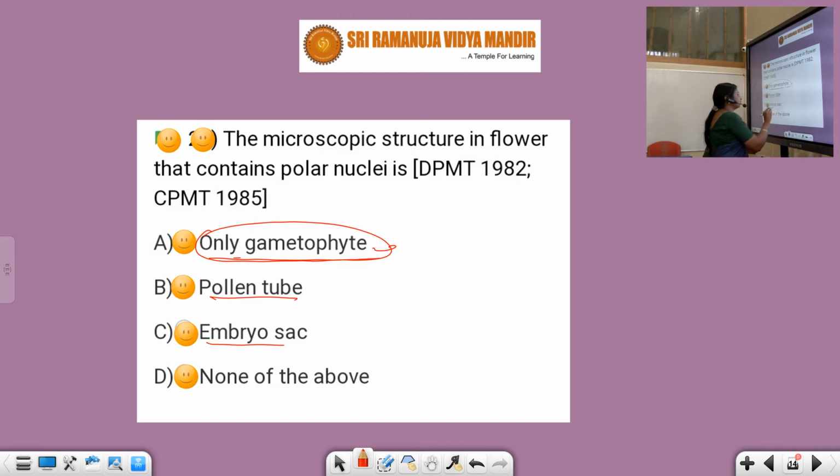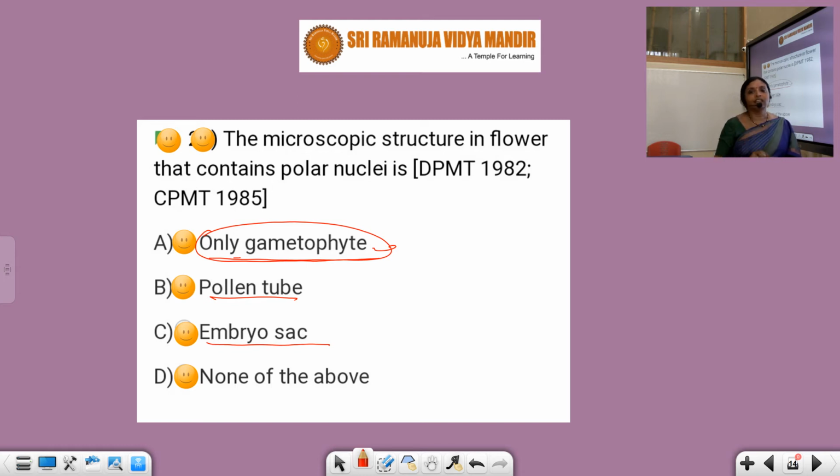Now if we see the structure of a mature embryo sac, you will find it is 7-celled, 8-nucleate. The egg is present at the micropylar end, and on both sides of the egg two synergids are present, and these three are called the egg apparatus. In the middle two polar nuclei are present. The two polar nuclei which came from the upper pole and the lower pole move to the center, fuse, and later form the secondary nucleus, reaching 2n condition.